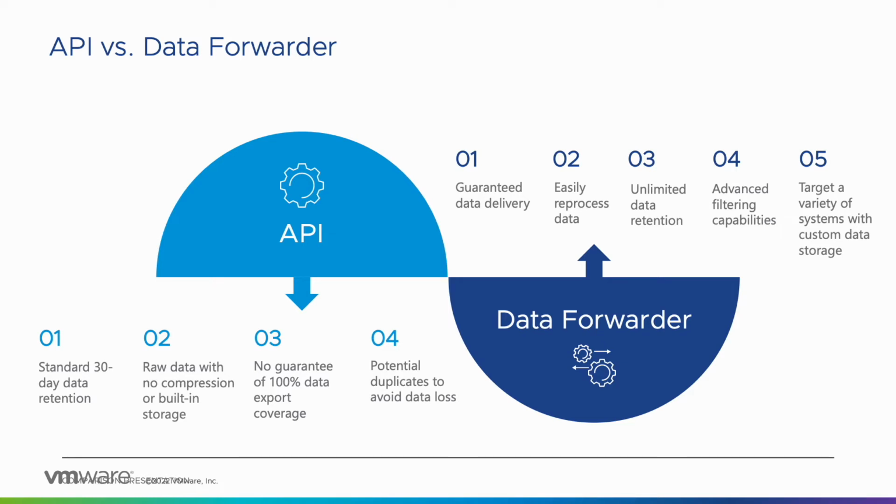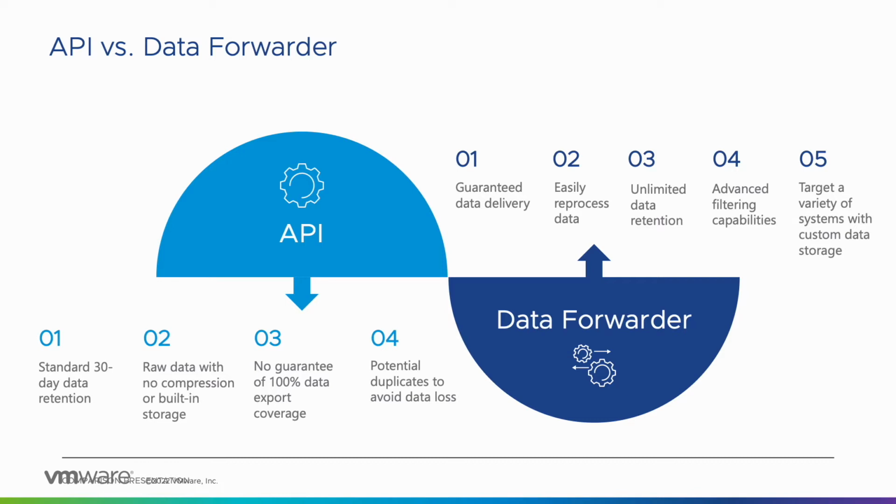Additionally, the data forwarder guarantees your Carbon Black Cloud data will be delivered even during outages and maintenance windows, so the data can easily be reprocessed later. The built-in advanced filtering capabilities of the data forwarder also allow you to reduce events to meaningful value, which saves